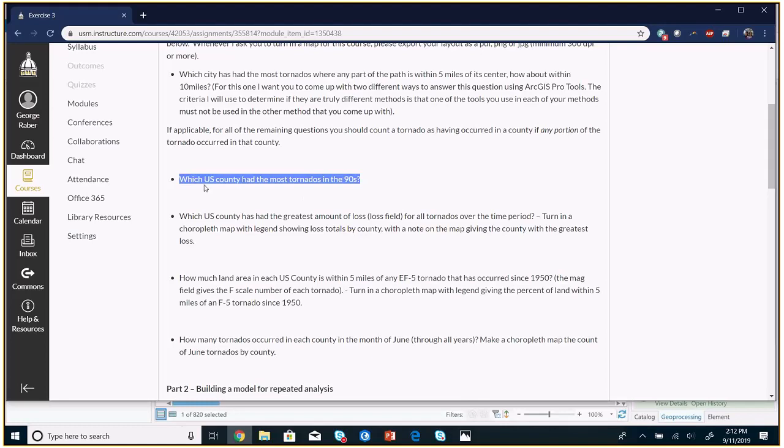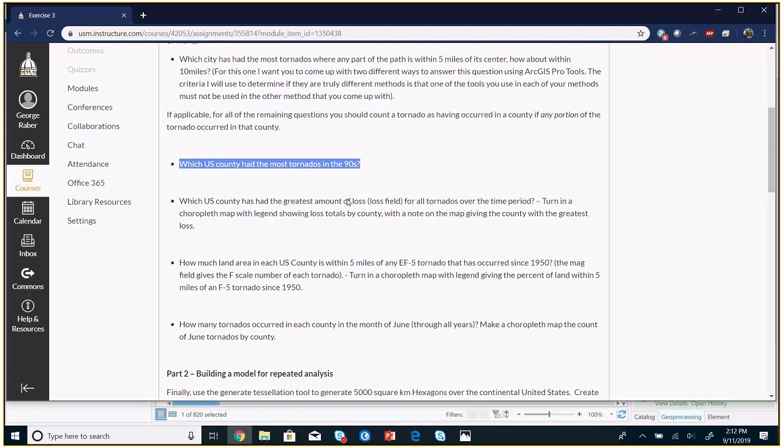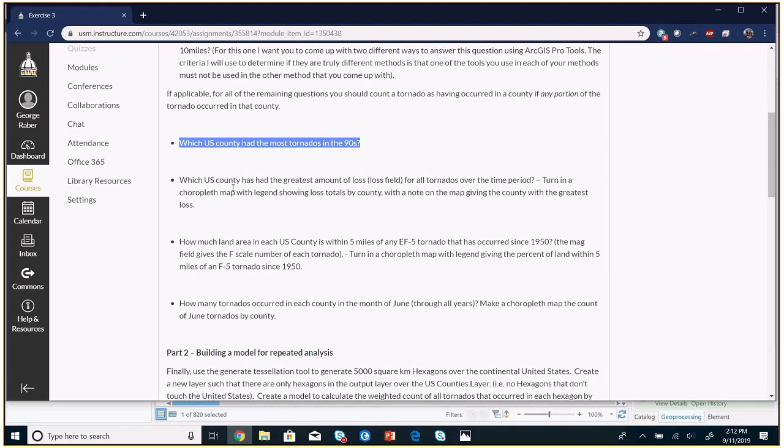Which U.S. county had the most tornadoes in the 90s? That's not asking for a map. Which U.S. county has had the greater amount of loss, there is a loss field, for all tornadoes over the time period? Here, I do want you to turn in a choropleth map with the legend showing the loss